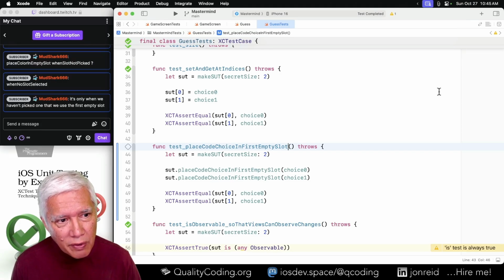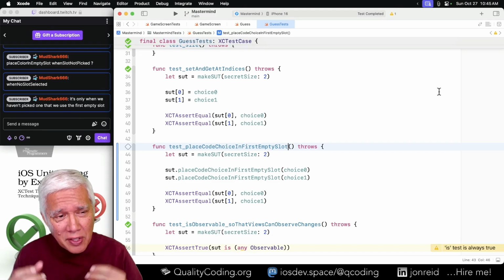It's only when we haven't picked one that we use the first empty slot. Well, there's no way to pick anything. Do you mean the destination? Because there's no way to pick the destination yet.